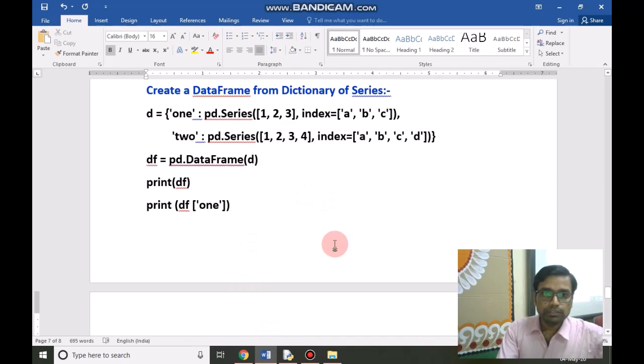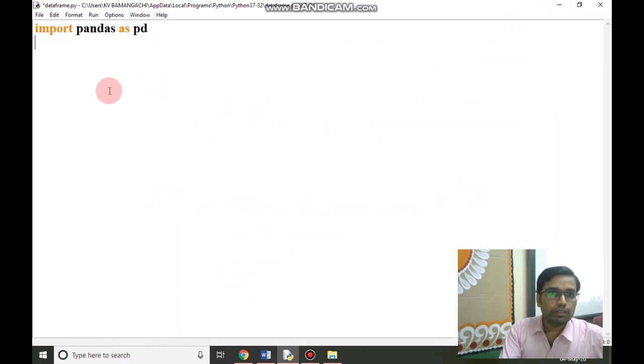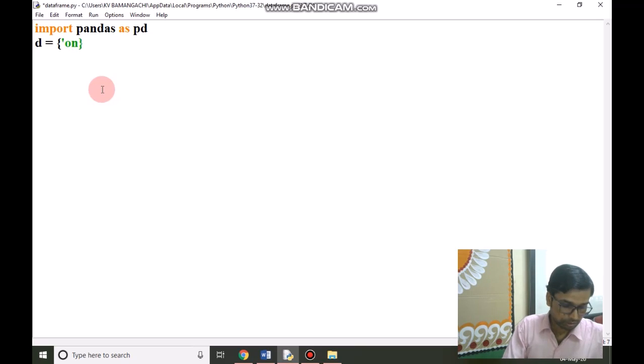Thank you. If we want to create a data frame from a dictionary which has some series, we can create a data frame with the help of a dictionary containing some series. So we have to write here a dictionary d equal to a dictionary, and its key 1. I have given here key 1, which will be the column name of the data frame.